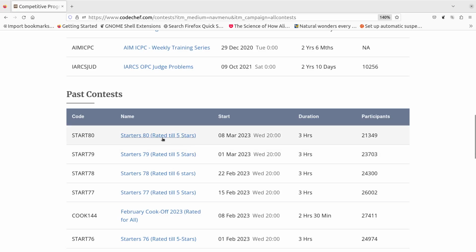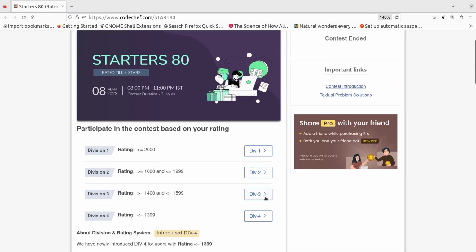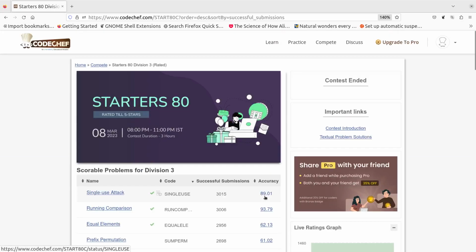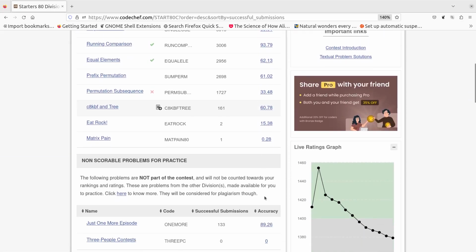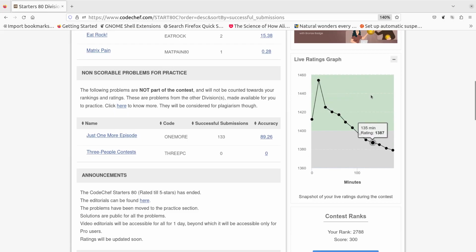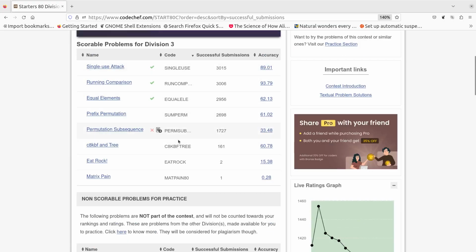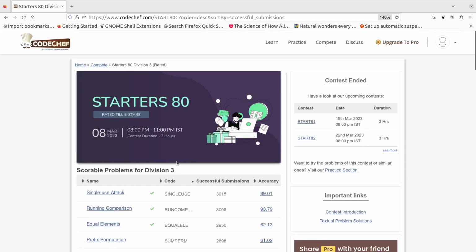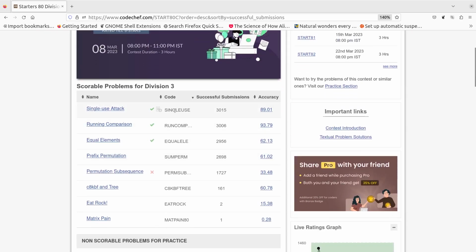To 2 star. It is Starters 80. The division I participated in is Division 3. This was my rating performance. For some reason I couldn't solve these two questions, which were solved by the maximum number of people. So let's just see Single Use Attack. These are pretty basic questions,